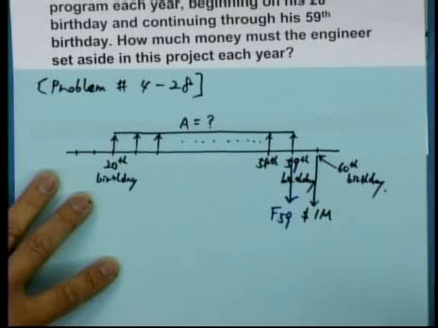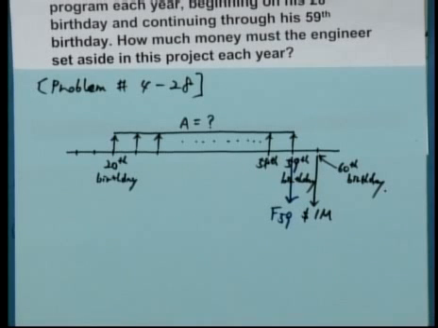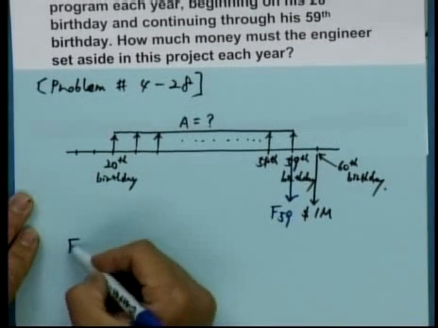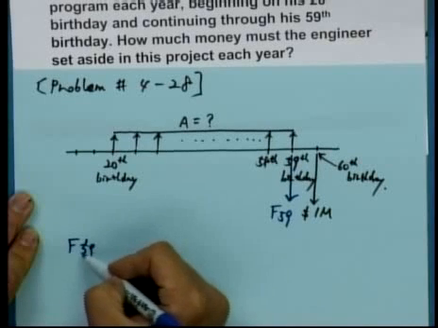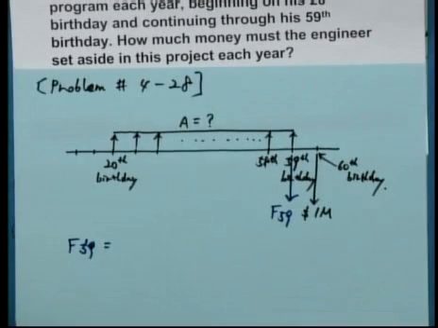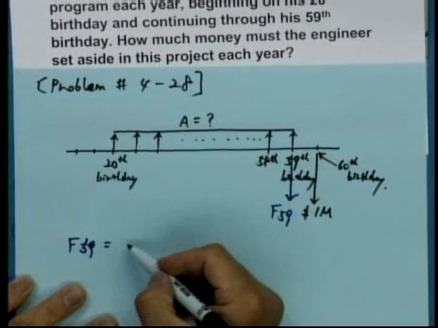Okay? Then here, F sub 59 can be obtained by $1 million